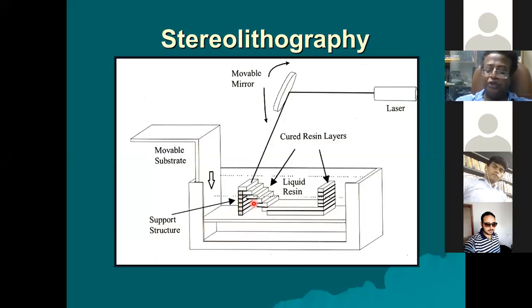On the first layer, where the laser spot does not go, that portion will remain liquid. Suppose you have to make a structure like the one shown in this picture. Because it is an overhanging structure, you have to plan for a support structure also, and deposit that. If you don't plan it, later on you won't be able to deposit, because there is nothing to deposit on; it will be only liquid. Is it clear to everybody?